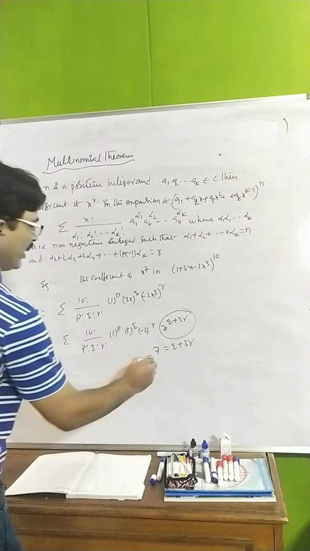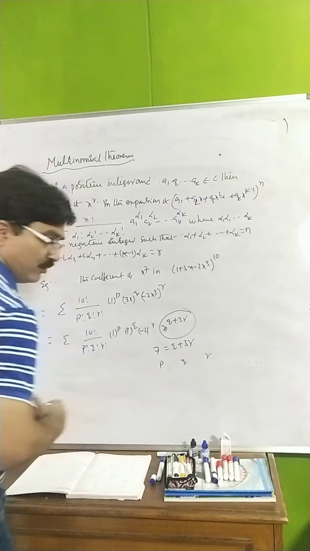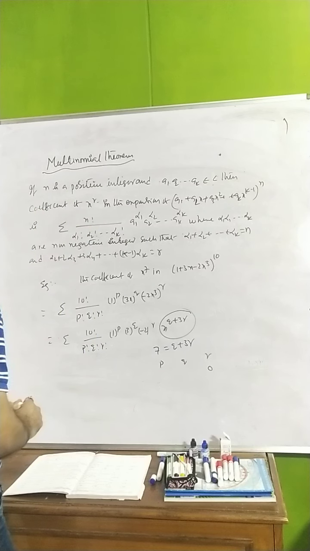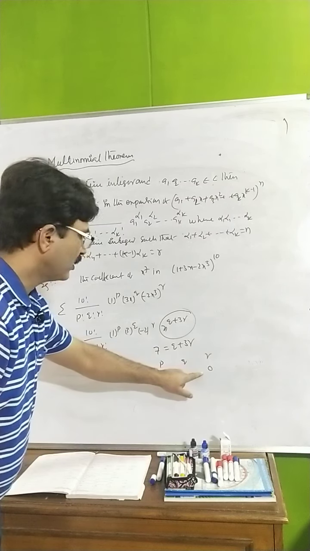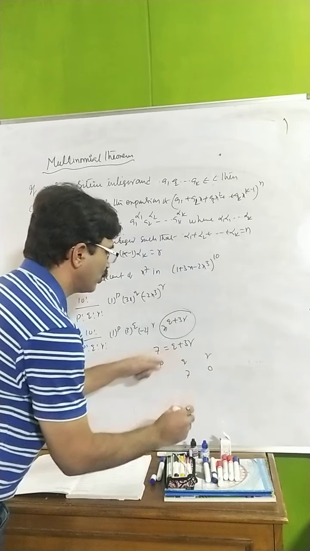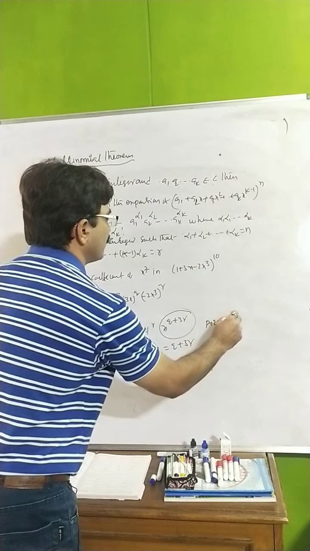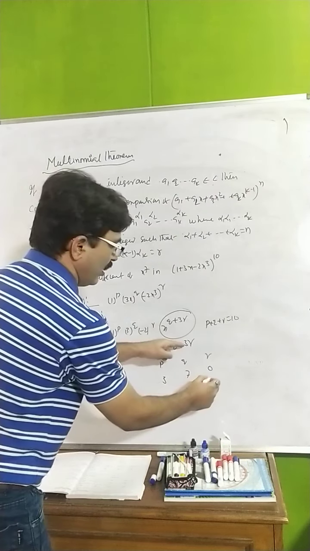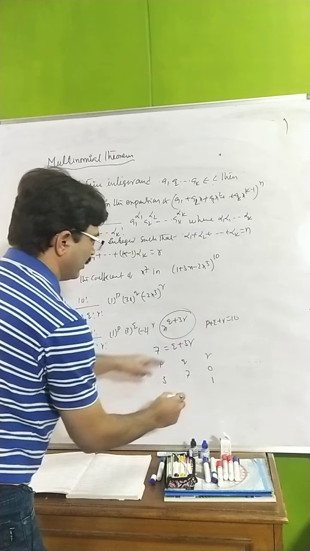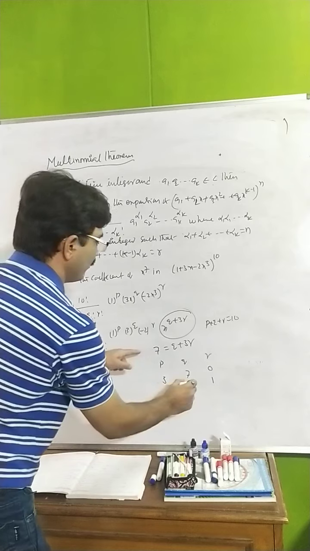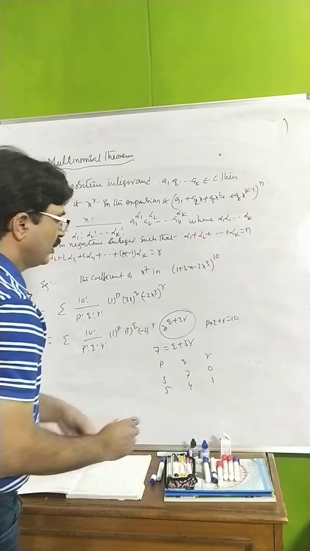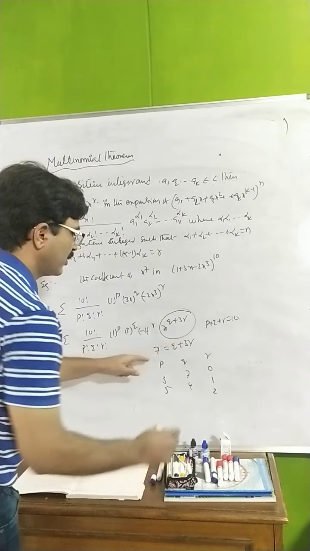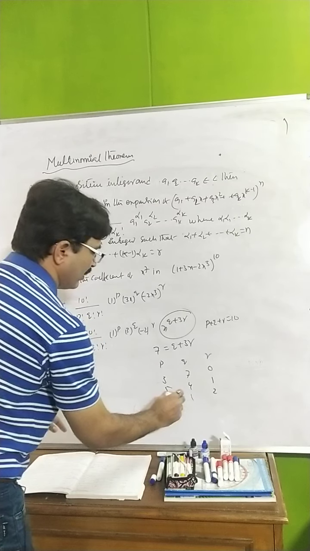Now we are going to find P, Q and R values. See here how we are going to find. Suppose I substitute R equal to 0, then Q becomes 7. But you know very well that P plus Q plus R must be equal to 10. So when it is this, then P becomes 3 directly. Now take R equal to 1. Then 3R is 3, so Q becomes 4, total 5, and P becomes 5. Now take R equal to 2. Here it is 6, then Q becomes 1. Then it will be like this.